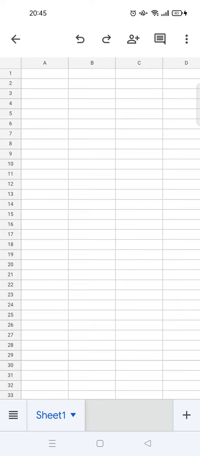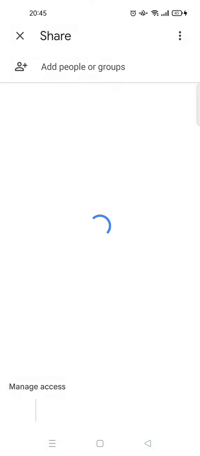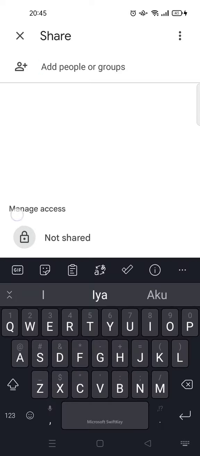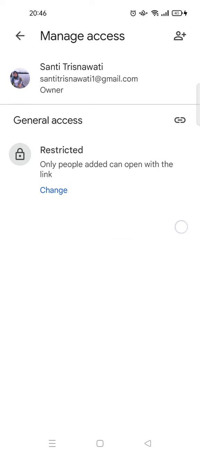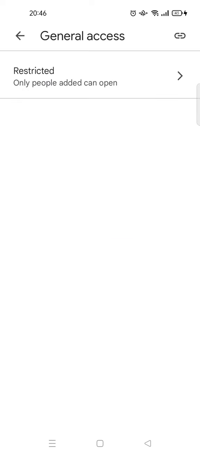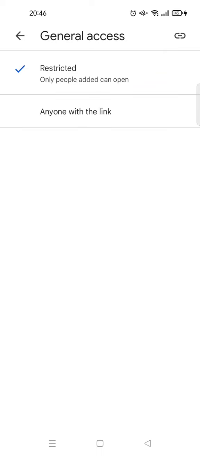So what you need to do, the same, is just click on the people and plus icon at the top after you create the file, and in here you click on manage access, click on here and change it from restricted, click on change, click on this, and then click on anyone with the link